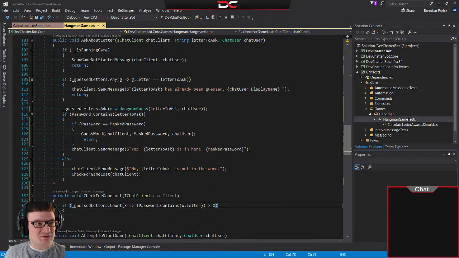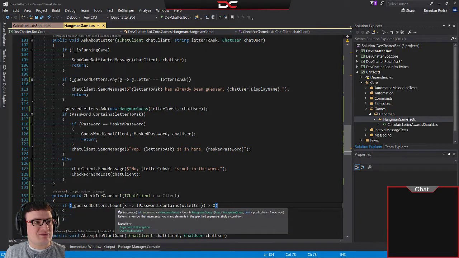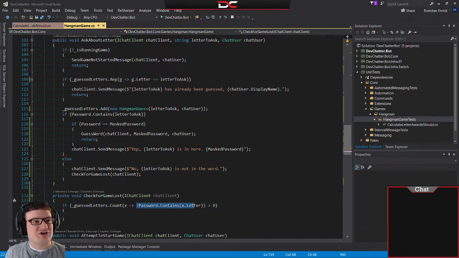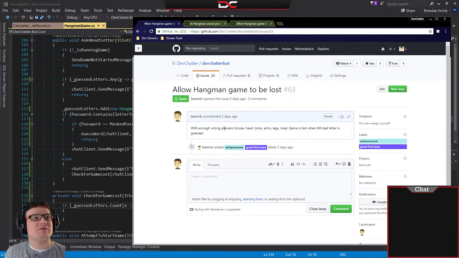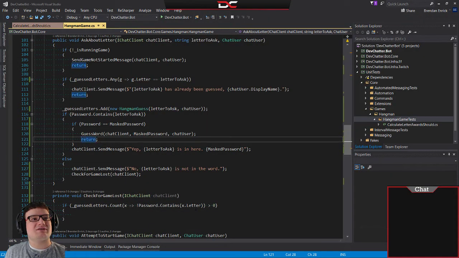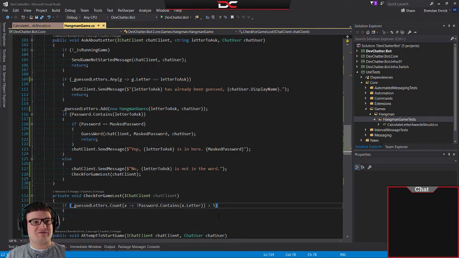We're going to lose immediately, but I just want to get rid of my red squiggly lines so that I can read this again. Check for game lost. Guessed letters, count, password contains letter. So find how many letters we have guessed that were not in the password. And that needs to be above, how many did we say? Allow the game to be lost. Noose. So that's 1, 2, 3, 4, 5. So game is lost when the 6th bad letter is guessed. So we're going to say if it's greater than 5, because the guessed letter should be in the collection, then we are going to